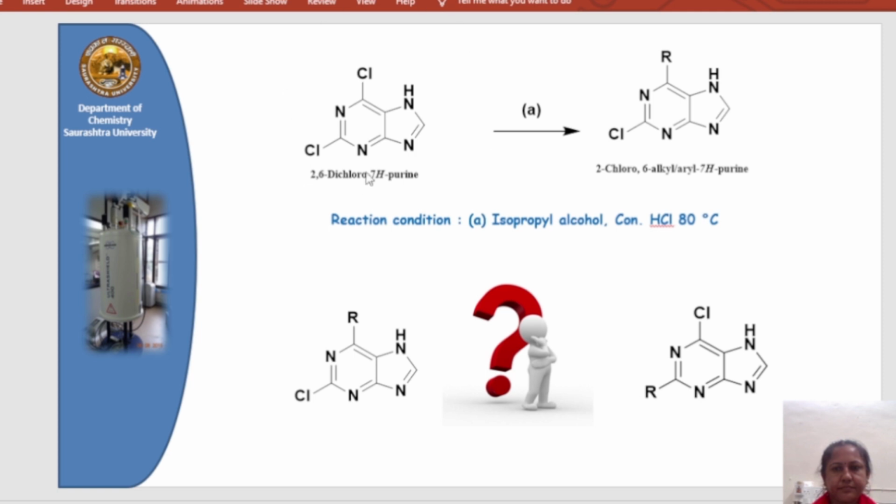So when we do that, the question is where the reaction will take place, and that can be represented in the form of regioselectivity: whether the Cl is replaced by this amino group at the second position or at the sixth position. So it is formed like that one thing, or it is formed like that second thing. Which one is the correct structure, where will the reaction take place? By studying the NMR spectrum with different methods, we can prove that it takes place at the sixth position. So regioselectivity means properly where the replacement will take place.